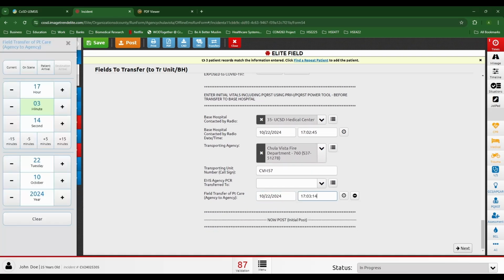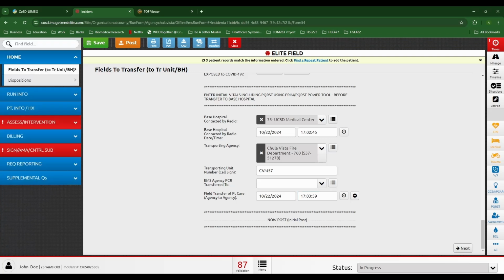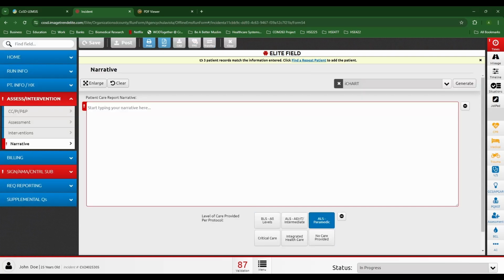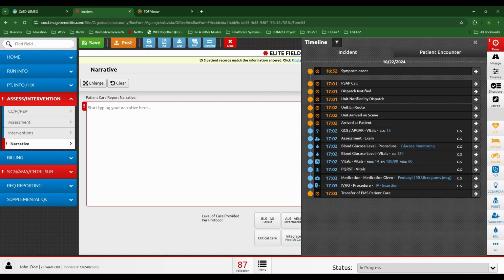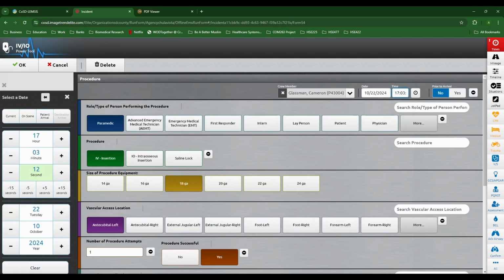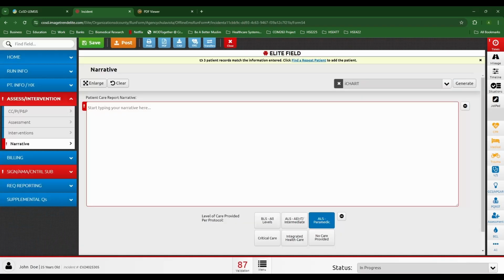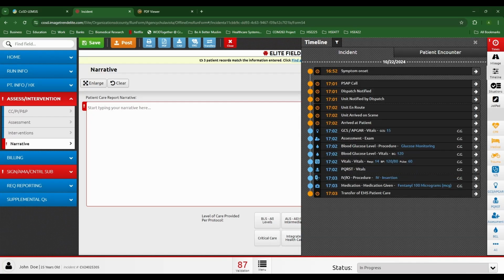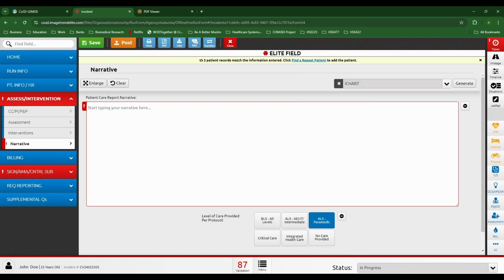So for this, we're going to make this time a little bit better. Okay, so right there, you can see on the timeline, we assessed, we started an IV here. I'll readjust this time. Makes sense, but right there, we started an IV, gave a medication through the IV, and then we transferred care